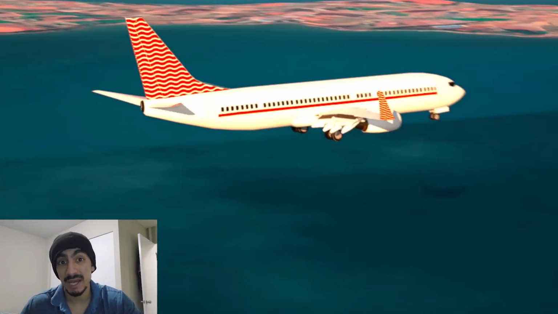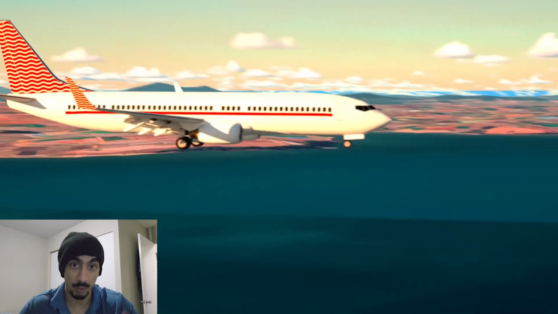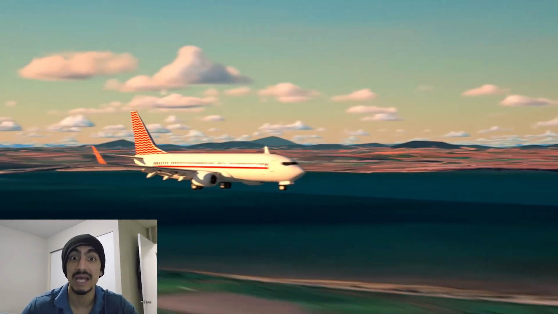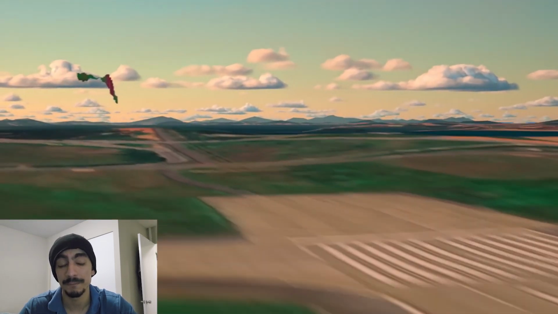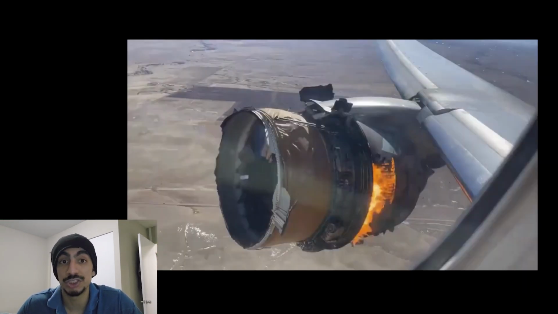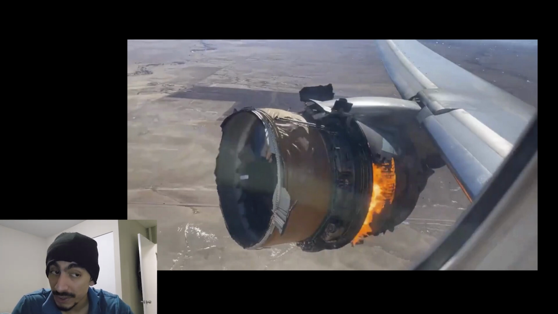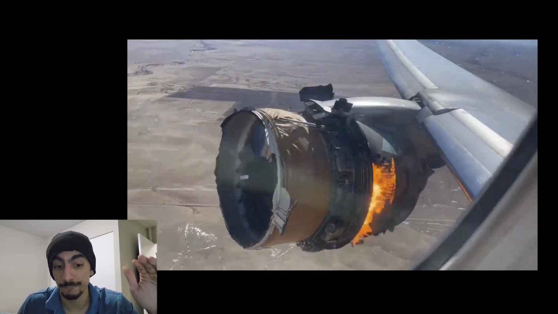So the entire idea behind modern jet engineering is that if one engine fails, you should still be able to land safely. But that also depends on the extent of the damage that occurred. For example, if you end up with shattered blades, a shattered engine, collateral damage to other critical systems, then it's a whole new ballgame. That is why bird strikes are never just a small deal. Engineers plan for it, they test for it, but in the real world, it can still cause a catastrophic chain reaction, especially during those critical phases where the flight is near the ground.